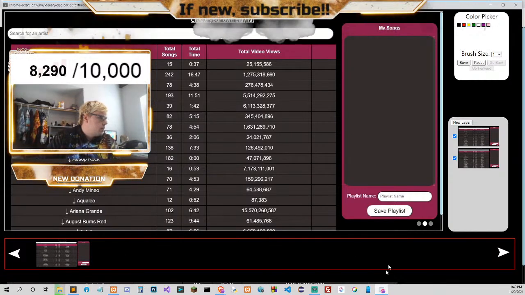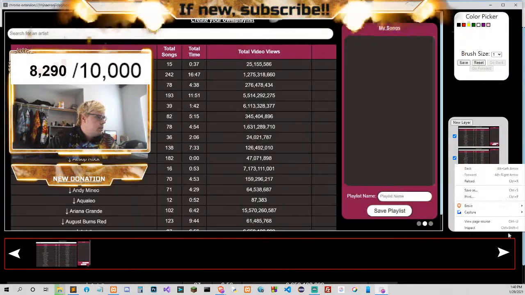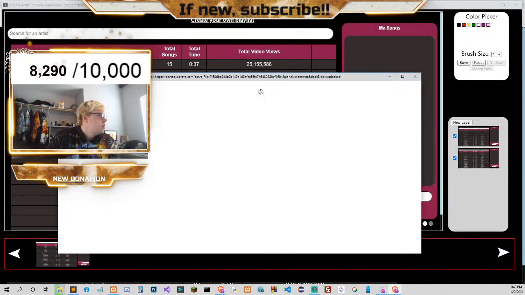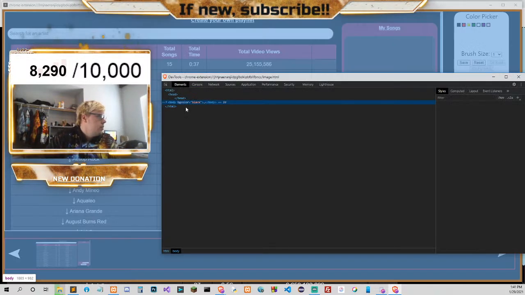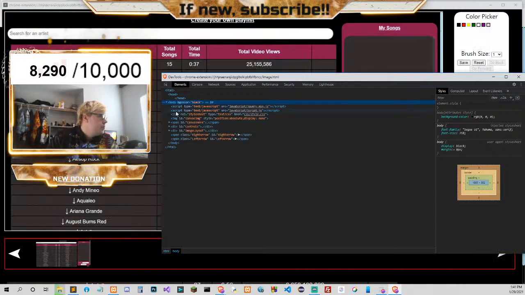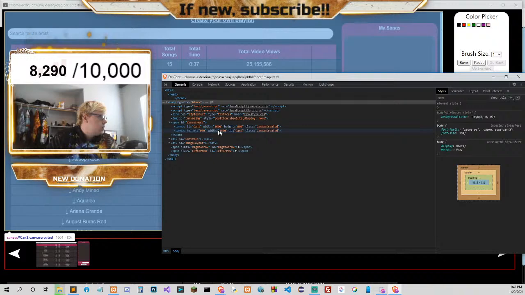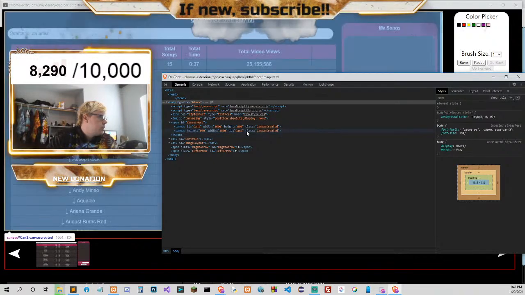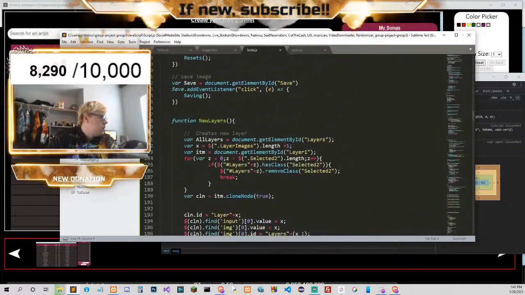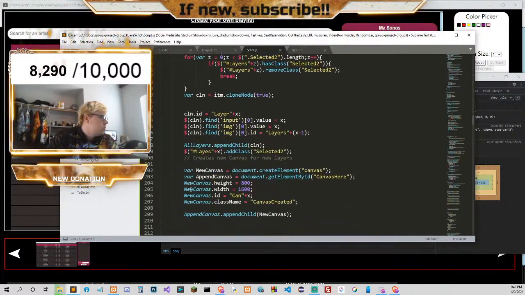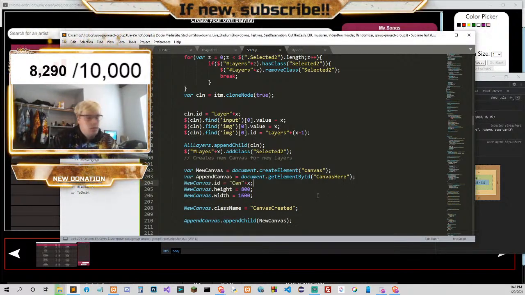Something doesn't work here, and it didn't get the class name. So when we created the layers, let's see. It should have created another layer. Here, canvas, ID can2, canvas created. Let's change the order of that. I want this to be first so it looks nicer.